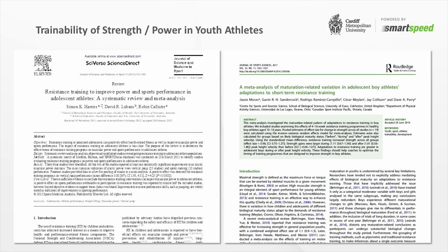Okay. Here we have just a couple of studies that we pulled out really to delve into the development of strength and power, and is this a possible thing for us to achieve in kids. Here we have a paper by Moran and colleagues that was published last year, and they looked at a series of studies, performed a meta-analysis, and it shows that actually the effect size in terms of the magnitude of training effect increases as we go from